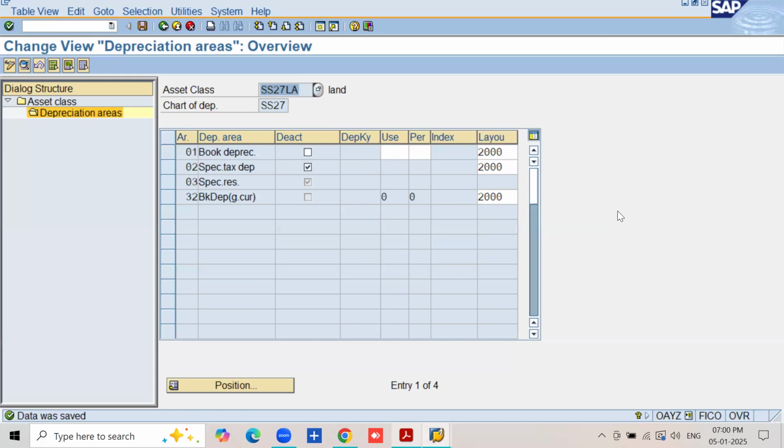In order not to... what is depreciation key? We discuss later. Write down, continue. In order not to calculate depreciation,